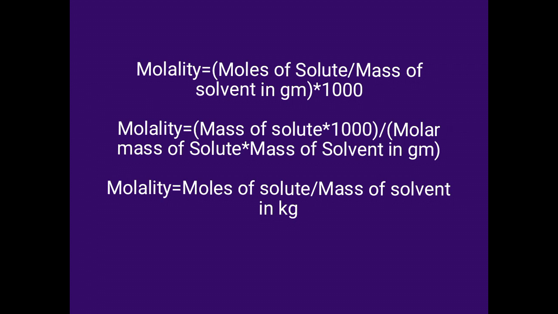This we can do. If the moles of solute are also not given to us, if they have given us the mass of solute, then what will we do? We have 2 ways. One way is that we can separately calculate the moles of solute by the molar mass, by the formula given mass upon molar mass, or we can make this whole formula for the molality, that is mass of solute into 1000 upon molar mass of solute into mass of solvent in grams. If the mass of solvent is in kilograms, then we will remove 1000 from this formula.